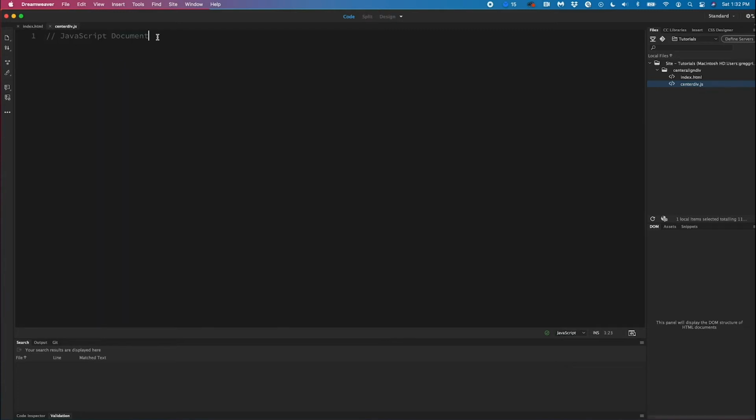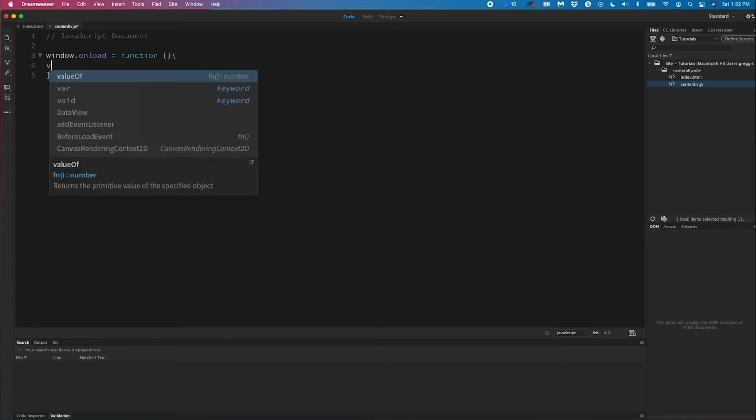And in the center div.js file, the first thing we want to do is write a function that we want to load, we want the function to run as the document loads, as the browser loads. So we'll do a window.onload equals function. We're not going to give it a title, we'll just call it function. And the first thing we want to do is define a variable. So we'll say var